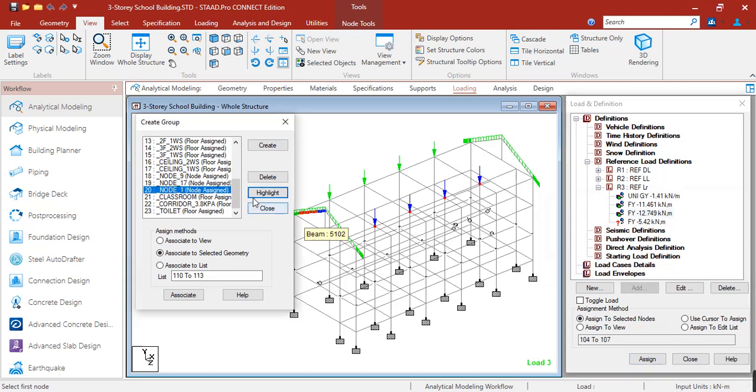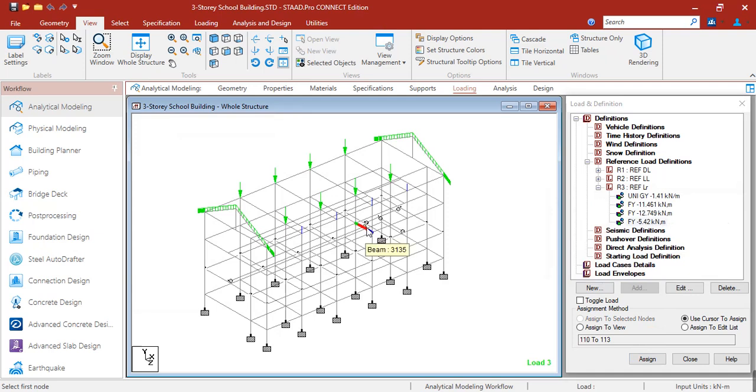Then for node 1, highlight, then click assign to selected nodes. So that's for the LR. We already loaded it to the end roof girders, and also based on the reaction from our steel truss for roof live load.